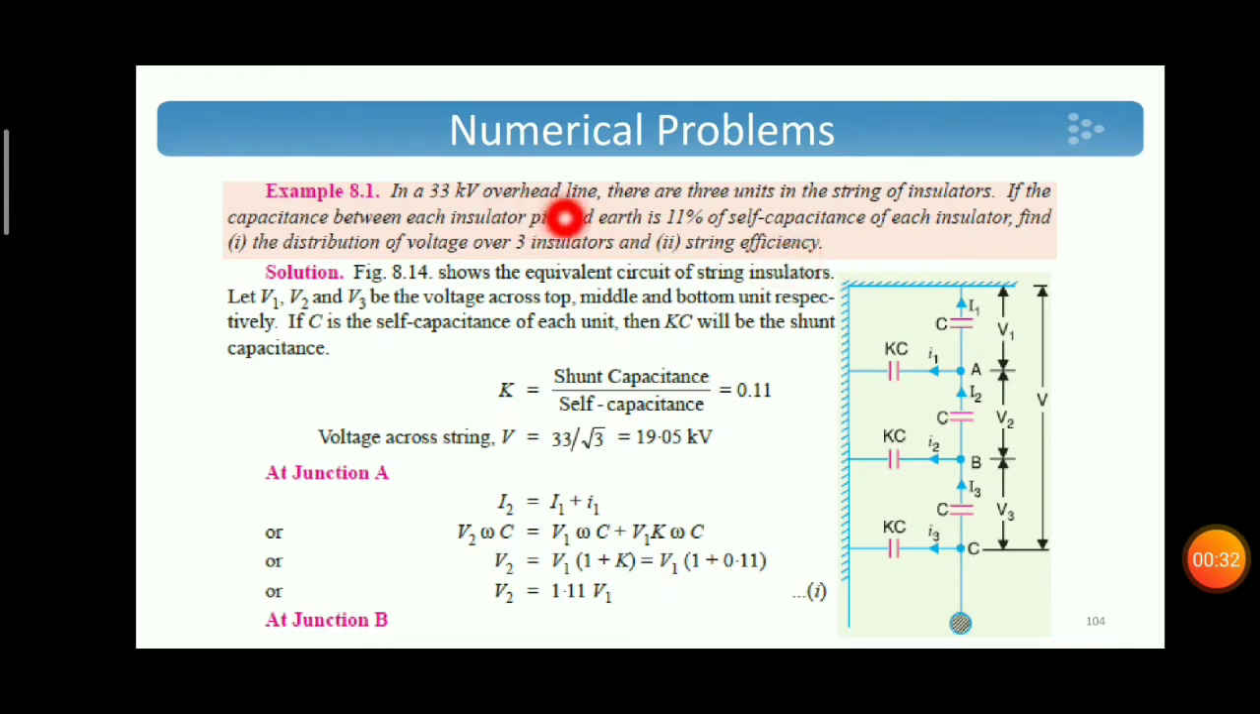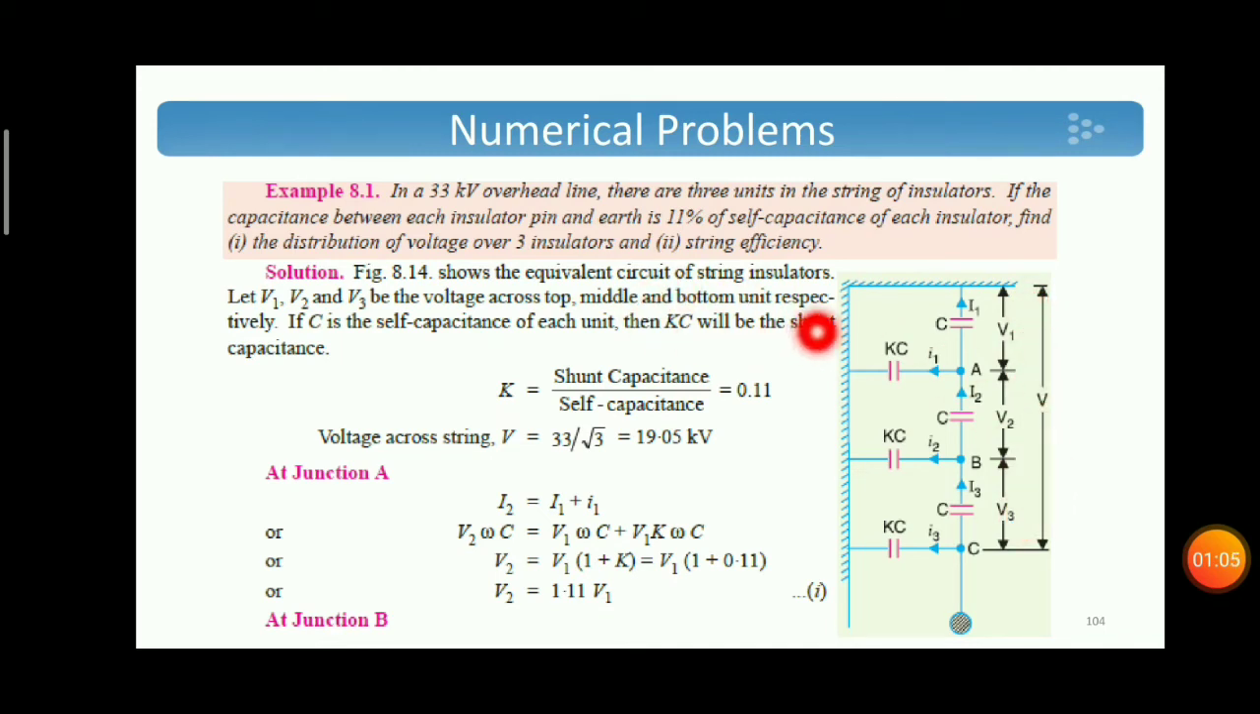Here a 33 kV overhead line is given. There are 3 units in the string of insulators. It is given that the capacitance between each insulator and pin, that is the shunt capacitance, is 11% of its self-capacitance. So the ratio of shunt capacitance to self-capacitance, K, equals 11 by 100, that is 0.11. We are asked to find the distribution of voltage over 3 insulators, that is V1, V2 and V3, and